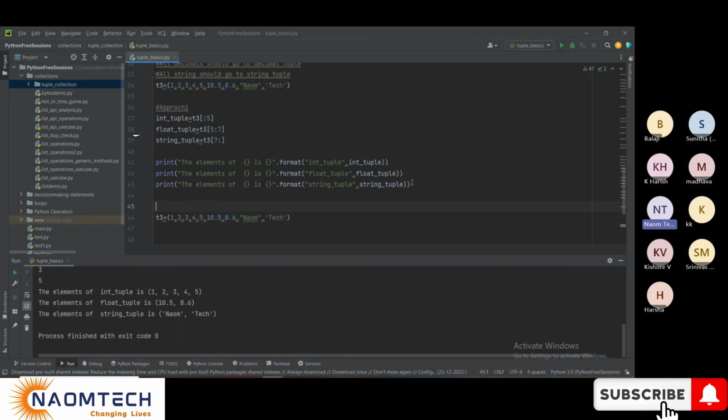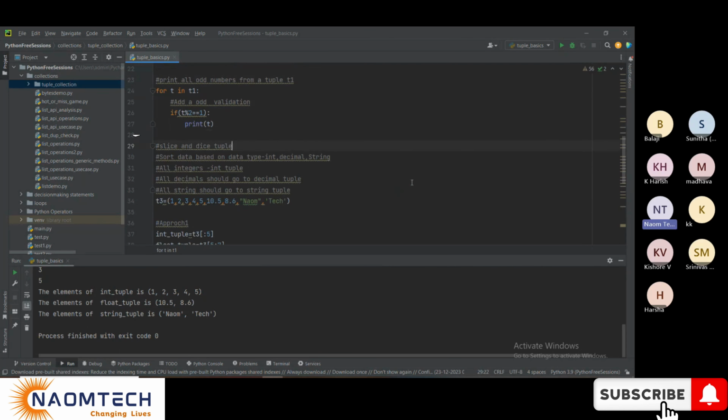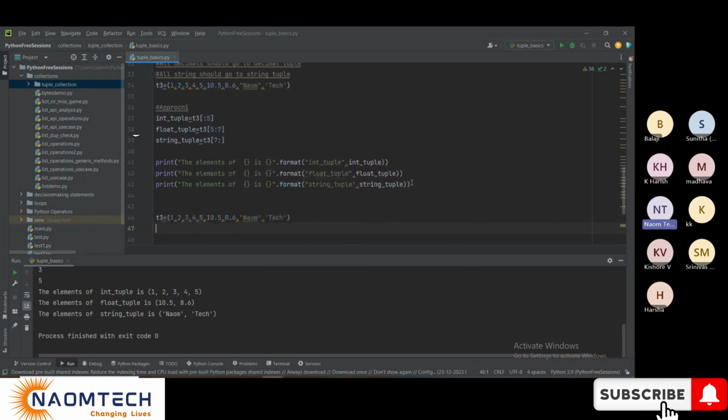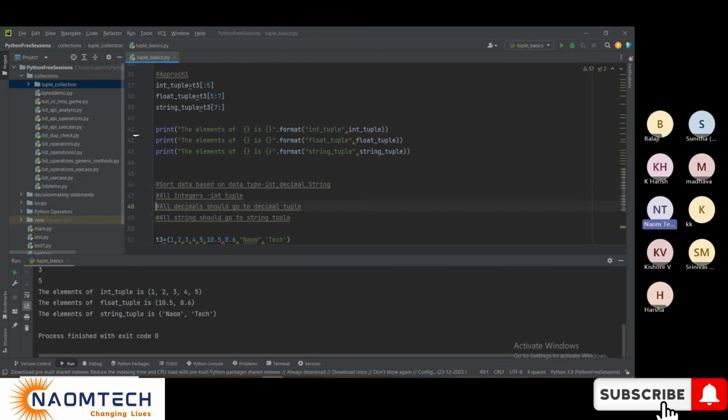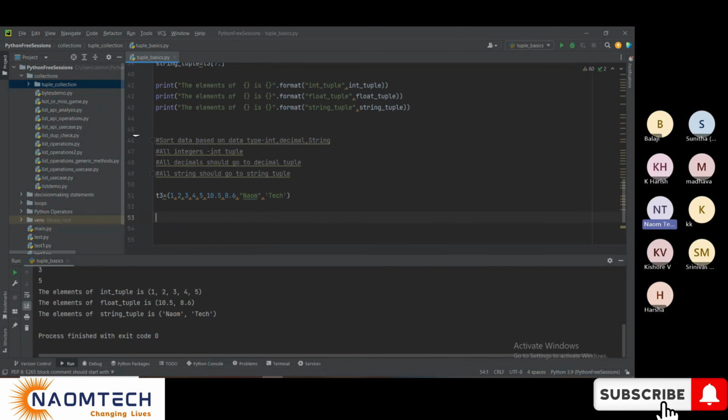This time the problem is almost the same, but with a small change. I believe this time you can't apply slicing, and you have to choose a different approach of logic. So this is the requirement. Almost the same requirement: sort data based on data type. That is fine, and all this is the same. But here,